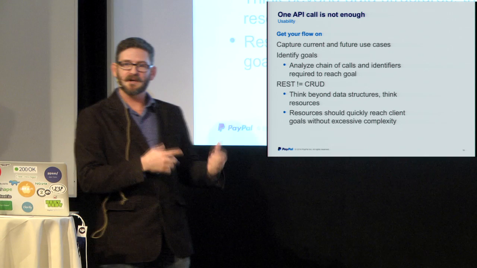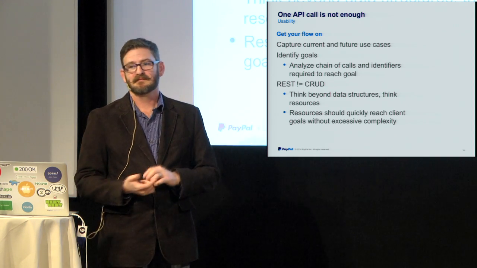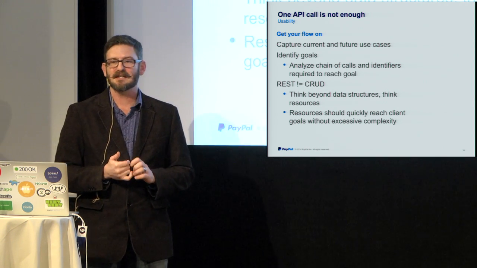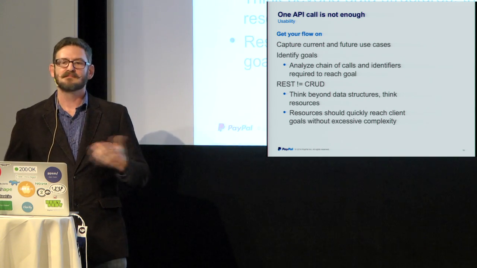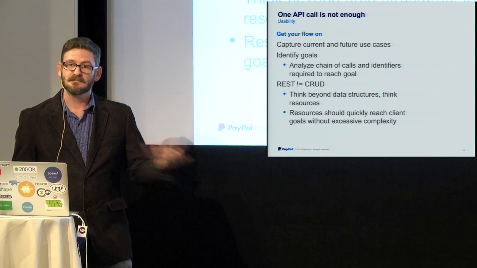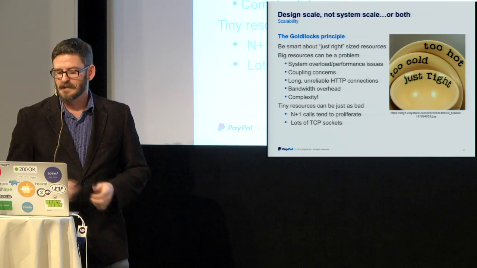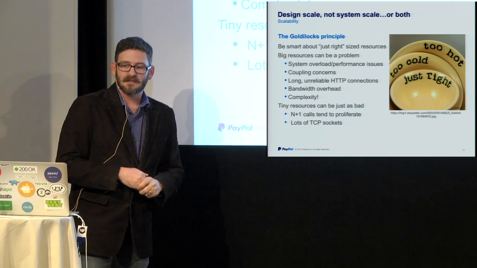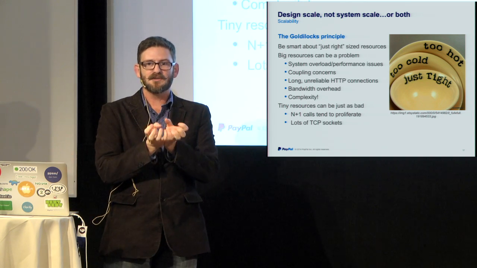So I said earlier, we want everything to be resource-oriented as much as possible. Some things don't fit into that. You can't execute a payment as a CRUD operation. Doesn't make any sense. I mean, you could say that there's history of executions. In our case, we don't really expose it, so it's an RPC thing, and that's okay. But be careful. I talk a lot, too, about the Goldilocks principle of, is it too small or too big? I want to find that just right.